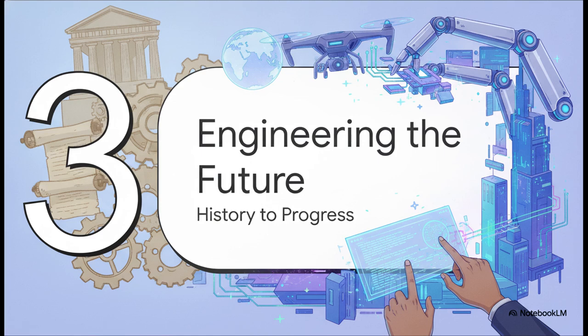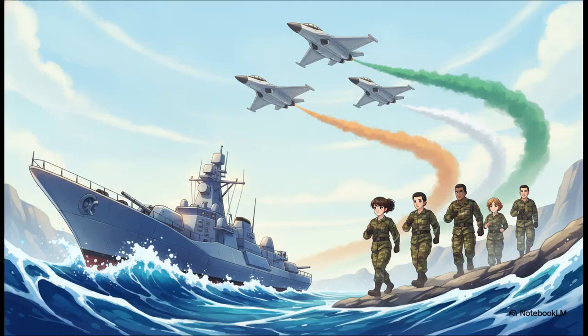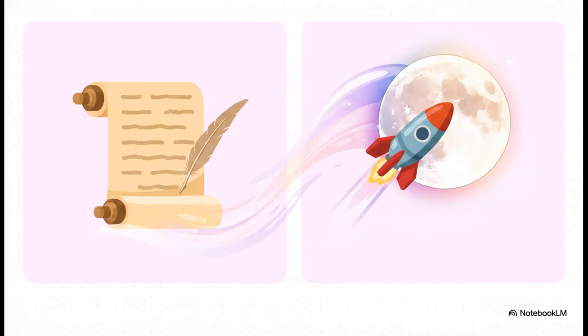Section 3. Engineering India's future. Following that history, the prompt dictates a robust military showcase. It specifically calls for dynamic action across all domains, land, sea, and air. But notice the visual anchor, saffron, white, and green smoke across the sky. Even in the midst of showcasing powerful ocean waves and perfect jet formations, the AI is constrained. It has to keep the visual color palette firmly rooted in the Indian tricolor. Think about the stark juxtaposition the author uses here. They are visually bridging India's freedom struggle directly to its space-age triumphs.